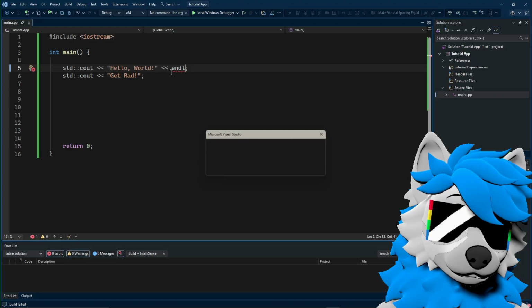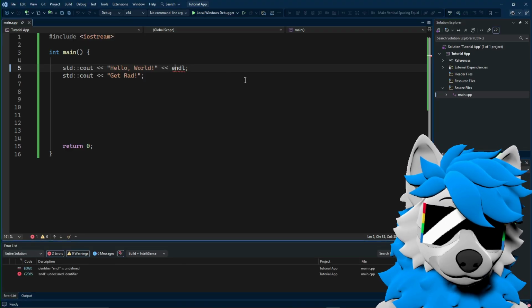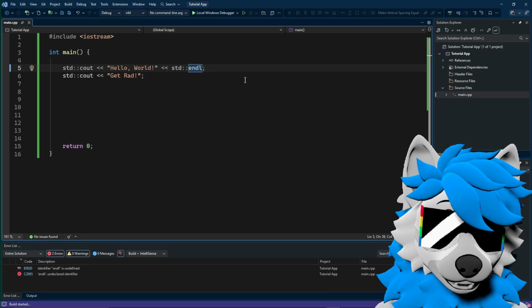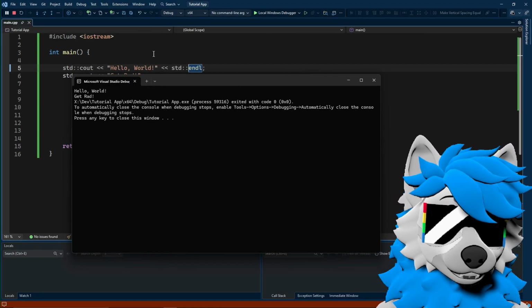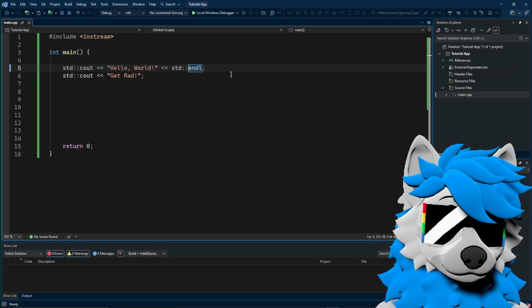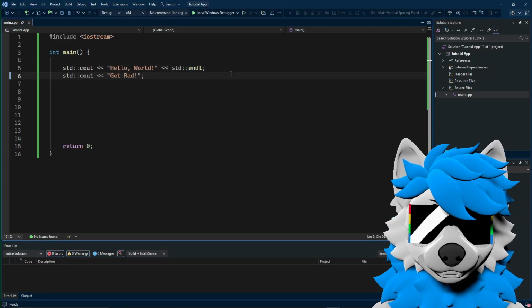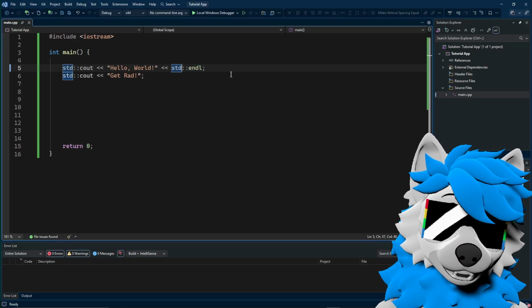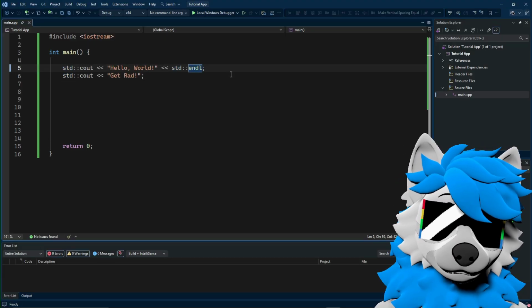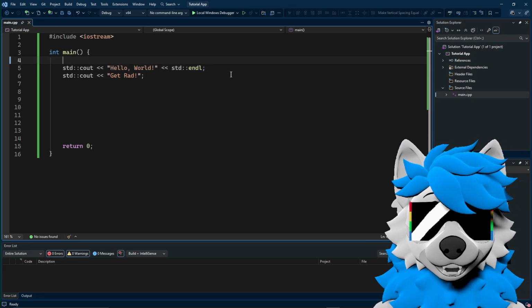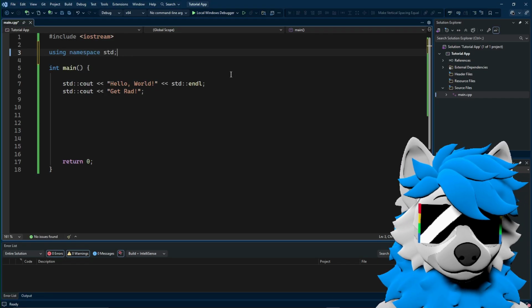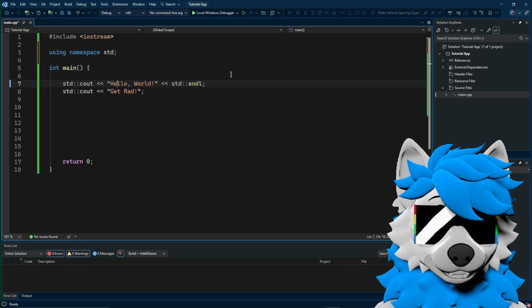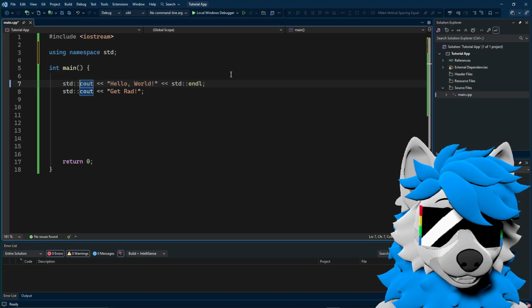If we do something, oops, sorry, forgot to put the std, the standard library. You see, it starts a new line. But you may notice that writing down this every time may get tedious. That's when you might want to do something like using namespace std. This basically automatically adds this behind every applicable